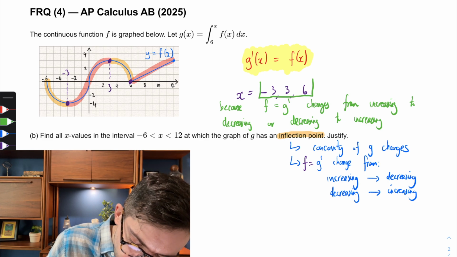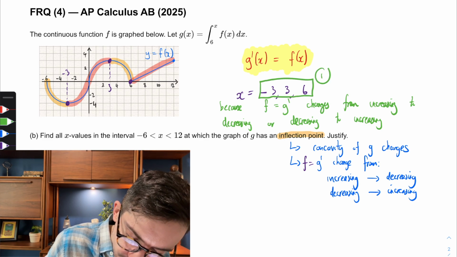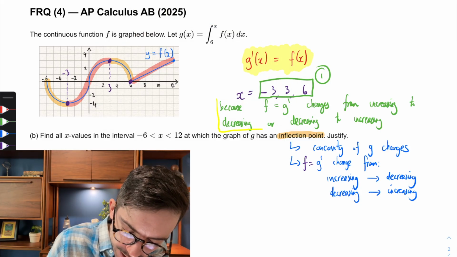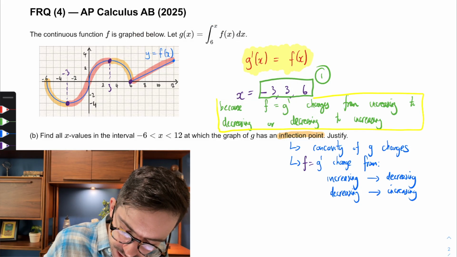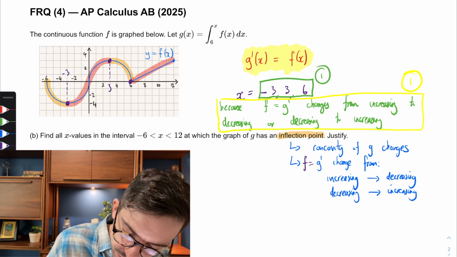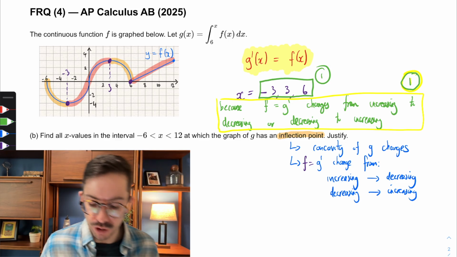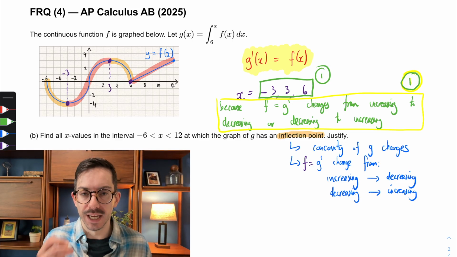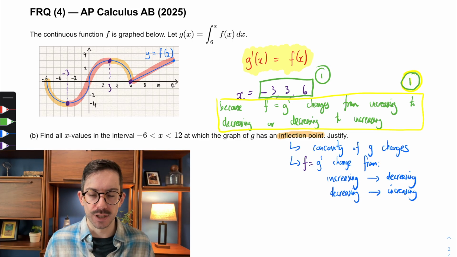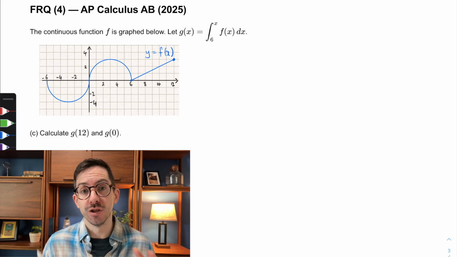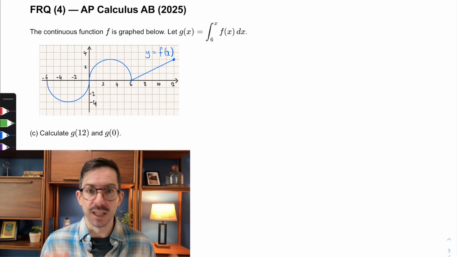Well, we get 1 point for our correct answer, those 3 x values, and then I get 1 point for my reason, my justification. However, I am convincing the scorer that I've found all the x values of those inflection points. Well done. Okay, part C wants us to directly work with the definition of g to calculate some values, namely